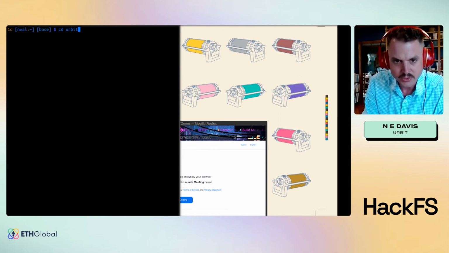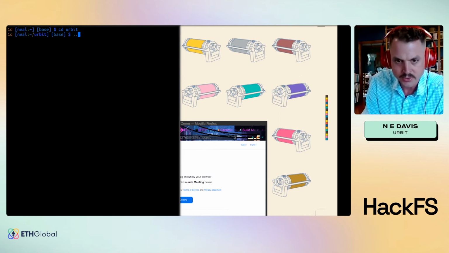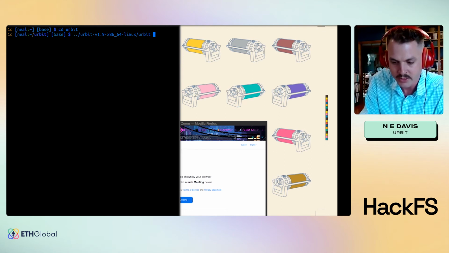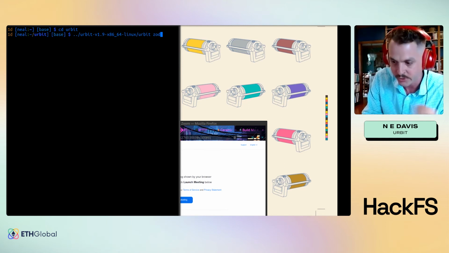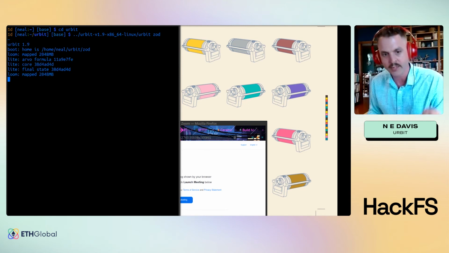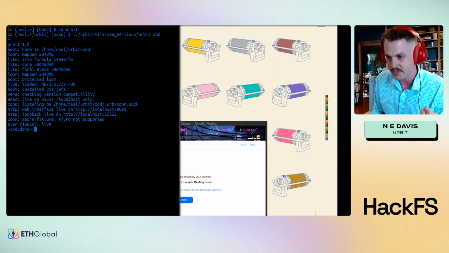So I'm going to go into Urbit and I'm going to locate a particular Urbit executable. And then I have an Urbit instance already sitting here in a folder, not currently running. I'm going to go ahead and open it. And then this takes me to a REPL.